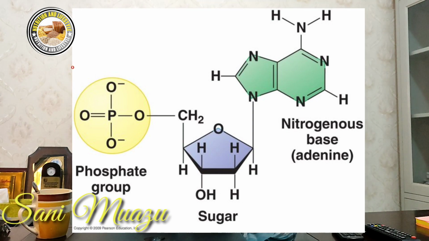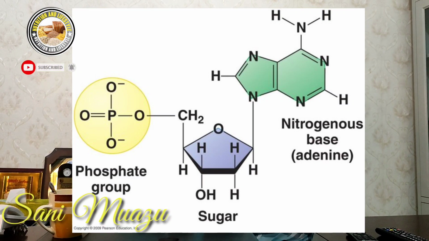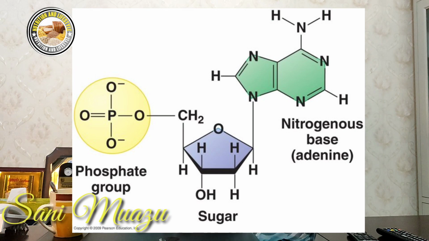And then at the same time, binding with a phosphate on carbon 5. So once a ribose sugar achieves this bonding, it becomes a nucleotide. Now this nucleotide, as mentioned earlier, is the building block of DNA. So when you have multiple nucleotides coming together to form a long strand of many nucleotides,